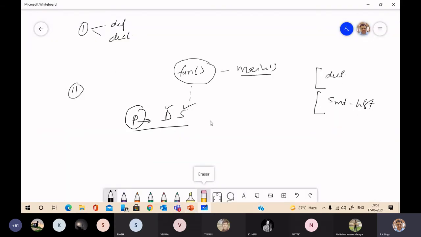When you write int A, it is the responsibility of the compiler to generate instructions to allocate memory for A. Now, what are the things that need to be known at the time of allocation of the memory?